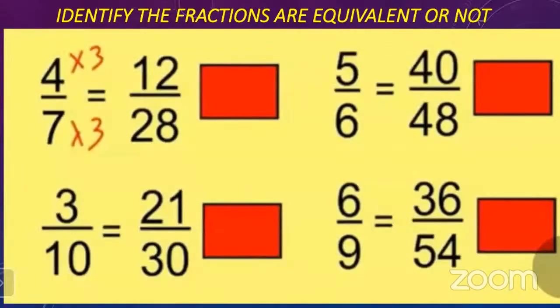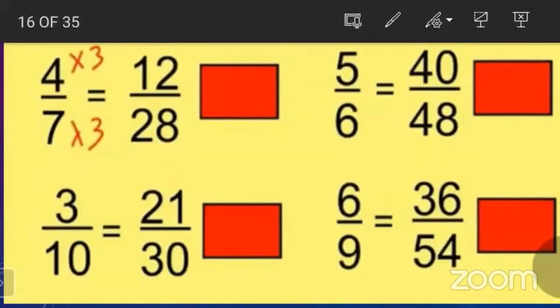Okay. Now look at here. Here are given 4 examples. Let us see which one is the equivalent fraction. See, 4 multiplied by 3 is 12. It is correct. Now, denominator 7 multiplied by 3, 28. Is it right or wrong? Tell me. 21. Or what is written here? 28. So what does it mean? This is not an example of equivalent fraction.